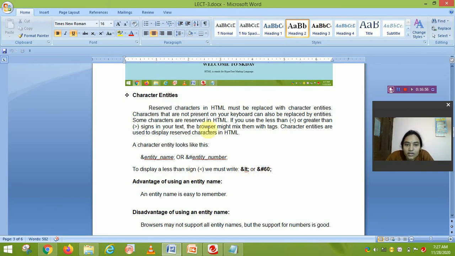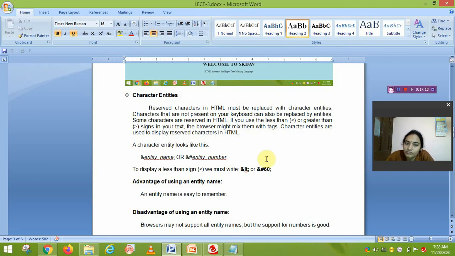Okay, here some characters are reserved in HTML. If you use this less than or greater than sign in your text, the browser might mix them up with tags. Character entities are used to display reserved characters in HTML.